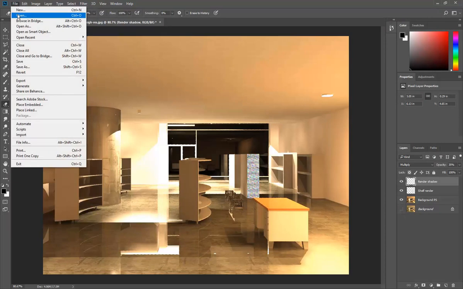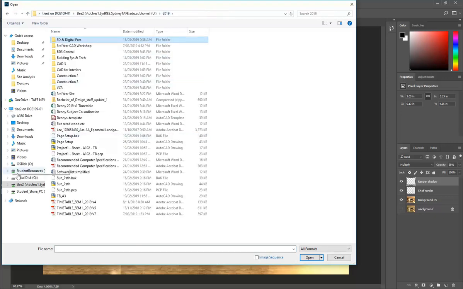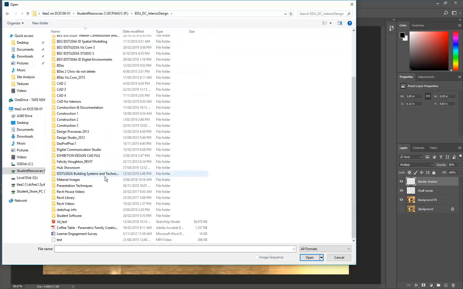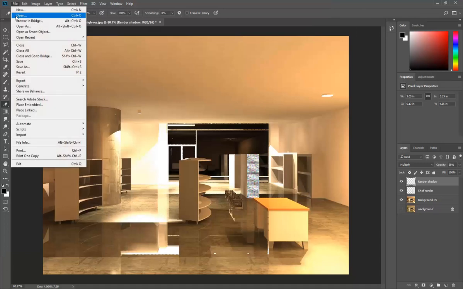But then probably another thing that you'd be doing even more than trying to add in rendering of textures, that can be a really important thing, but then probably the most important thing you need to do in Photoshop to add to your renders is overlay new things. So I'm just browsing here, so just in case you missed it, I've just gone to open, from the file menu,